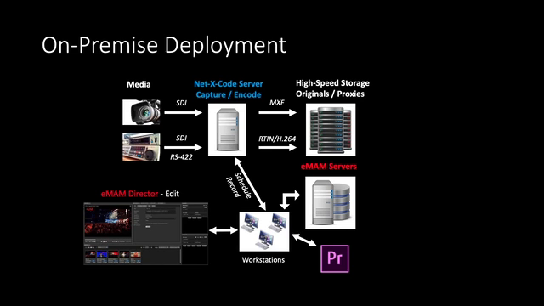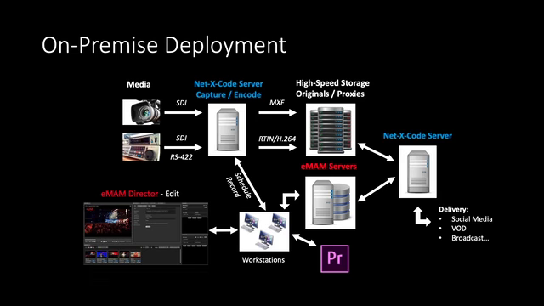In the eMAM system, typically you're doing hard cuts. So you're doing subclips. You could create new assets and deliver those, or you can create subclips, drop those into Adobe Premiere, and then start editing and using those. That's also possible. But typically in the eMAM system, quick hard cuts, and maybe what you'll do is use the transcoder on the outbound side to put in a bug, maybe stitch some things together within the eMAM system through NetXcode server. It's not quite ready yet, but we'll have the ability to stitch multiple hard cut segments together into one file and then output to social media, VOD, or broadcast as well.